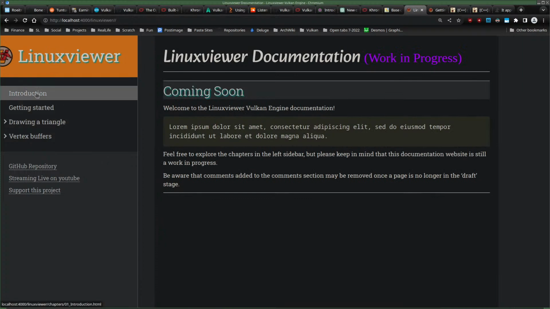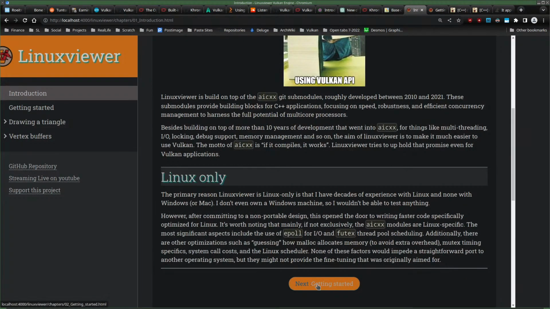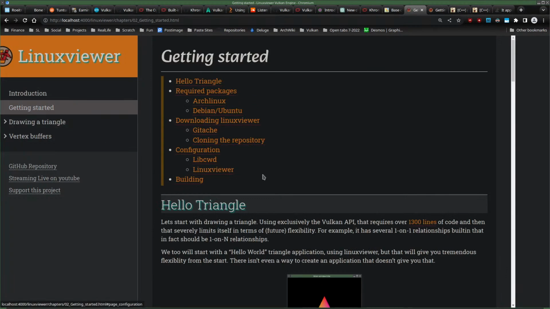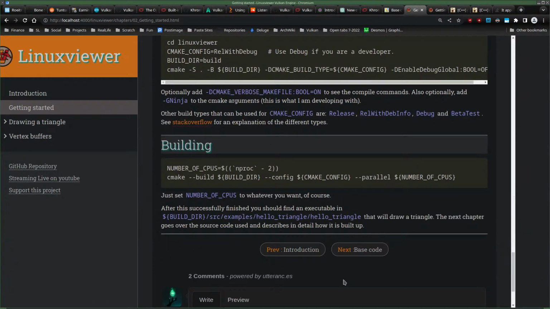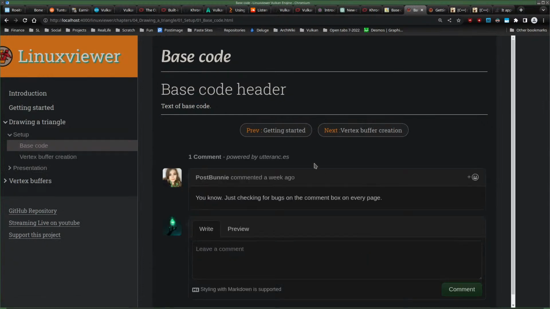Yep, now it's gone. Introduction, getting started, drawing a triangle. So we can click on introduction, and we have a next button. Getting started, which also has a next button, which jumps to the next page, base code. But yeah, all of this is nonsensical then. I have to put something else there.